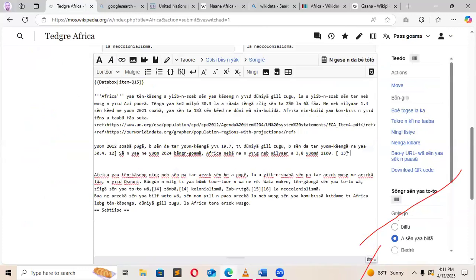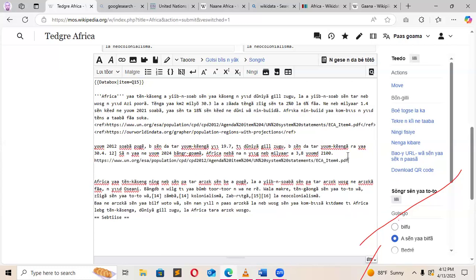I'll just clean that 13 because this one that's there is for us to put the reference. So I'll just paste my reference there. Sorry, I'll come to the beginning and put less than ref, small letters, and I'll close it. I come to the last again, I'll open less than ref, I'll close it. But between the greater than and the R here, I'll put less than symbol there. I'll put a slash. This slash means that here I've opened reference, here I'm closing the reference.